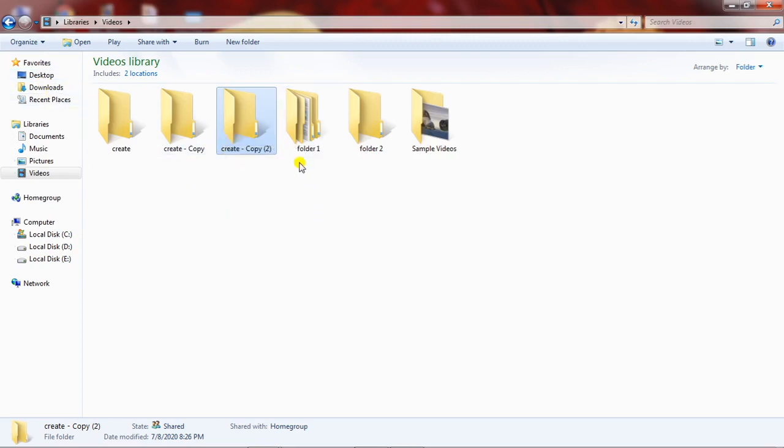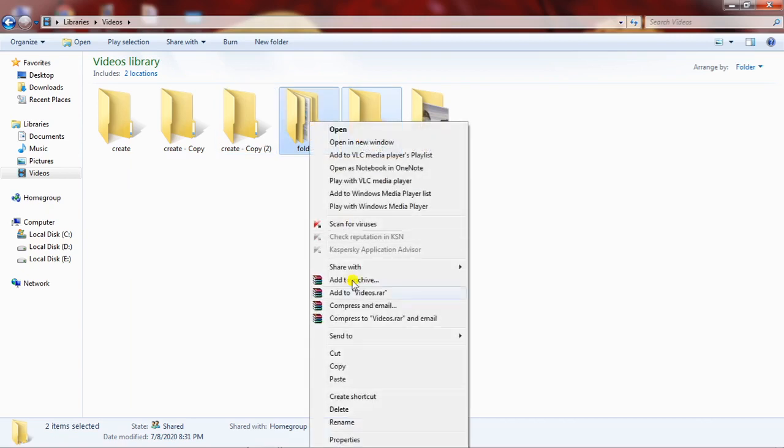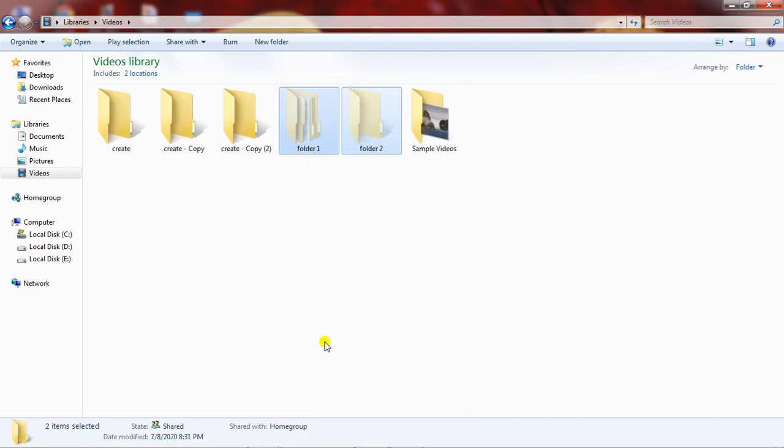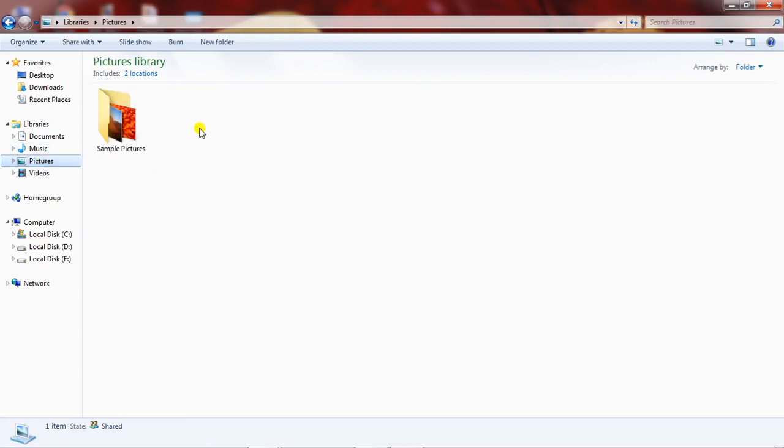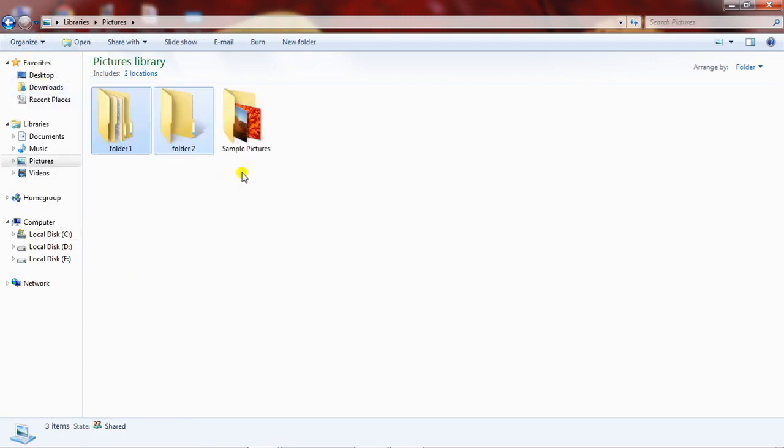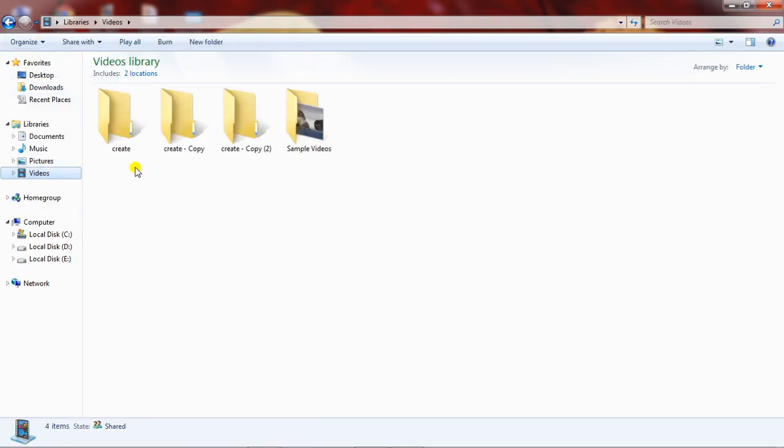Now let's say I have selected these two folders and I want to do some operation on them. Whatever operation I choose will be applied to these two folders only, because I have selected both the folders. Now right click on the folder, let's click on cut. The moment I have clicked on cut, you can see the folder icon has become transparent. That means they are ready to be transferred to any location. Let's click on the pictures location, and here the same way, organize and paste. Both the folders have been transferred. As you can see, folder 1, folder 2 is not here. It has been transferred. So that is the difference between copy and cut.